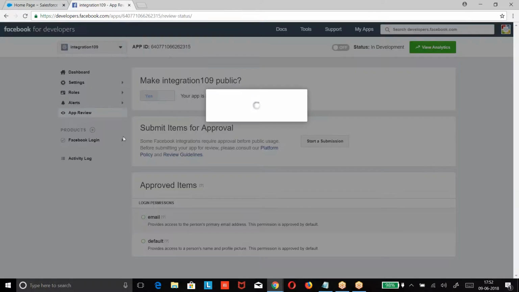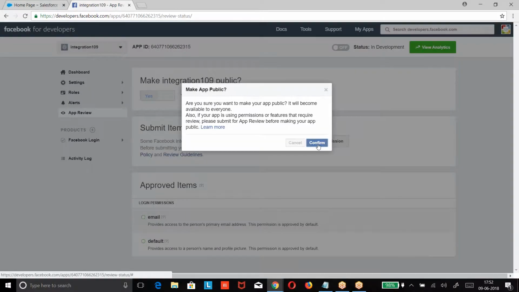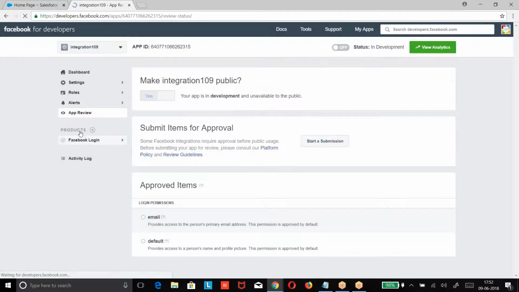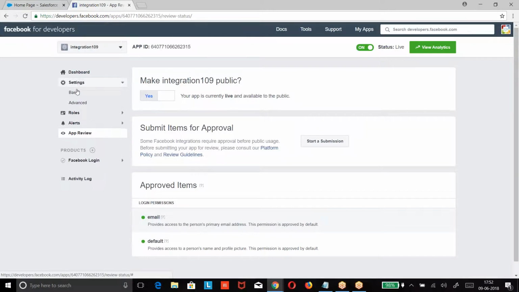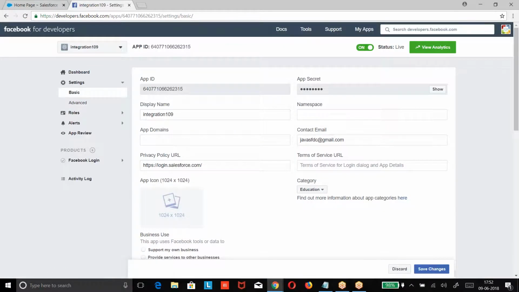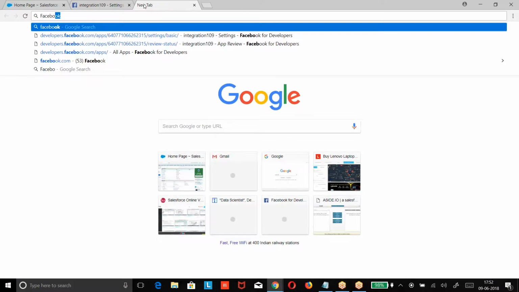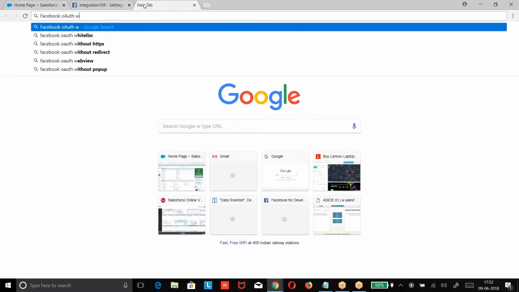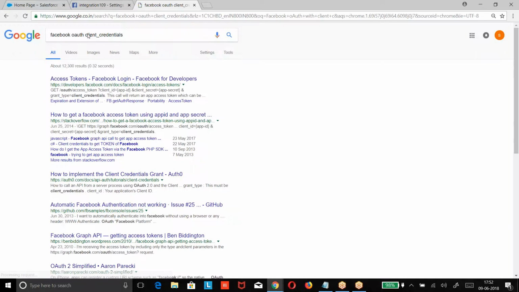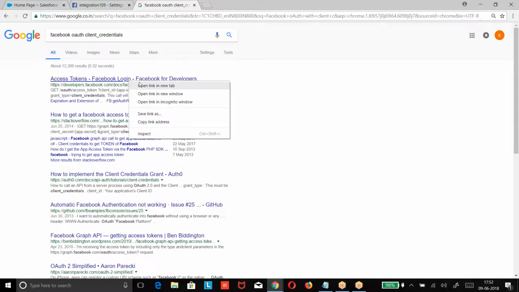So this application I created in the Facebook, and this application is live now. Now when this application is live, if I want to integrate with this by using a client credential format, Facebook authentication with the client credential.